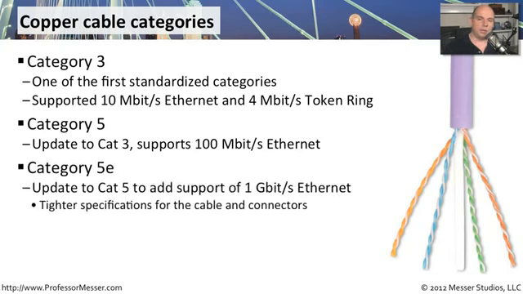Well, of course, our networks got faster. We started rolling out these new gigabit Ethernet networks, and we started rolling them out over copper. We needed an even higher category than Category 5, so there was a small tweak to Category 5 called Category 5E. This enhanced the Category 5 requirements so that we could run 1 gig Ethernet. So there was a tighter specification not just for the cabling for Category 5E, but also for the connectors. Today, our latest category is Category 6.